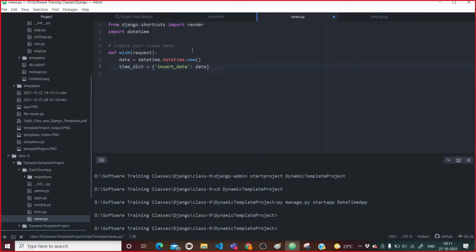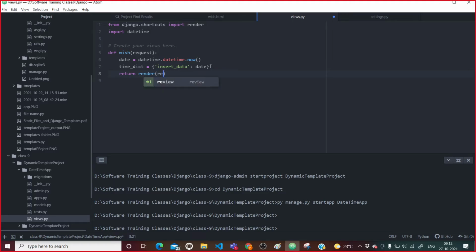Now this date is being identified by this key. I have taught you dictionaries, right? In a dictionary, each value is identified by its respective key. So here date is going to be accessed by the insert data key.